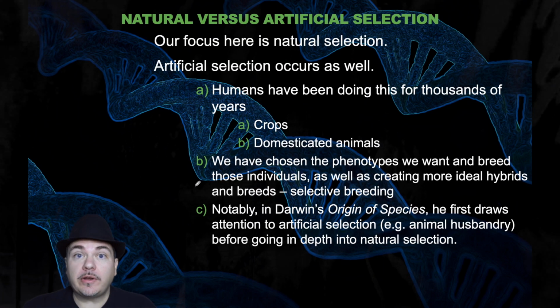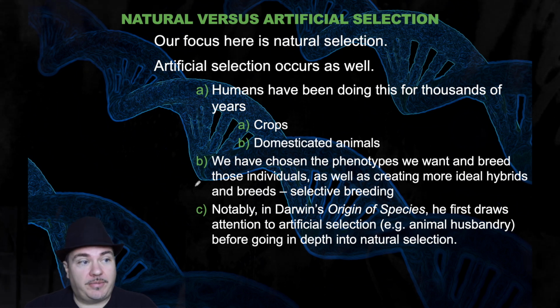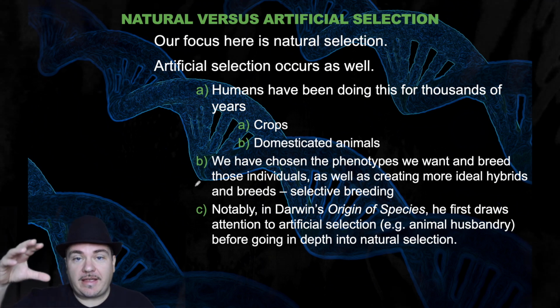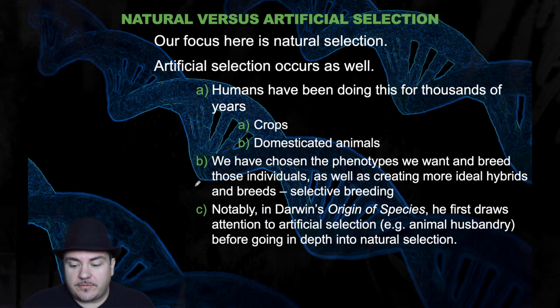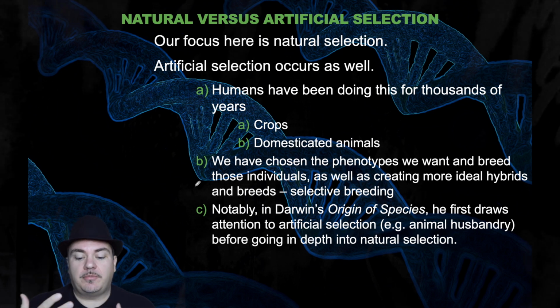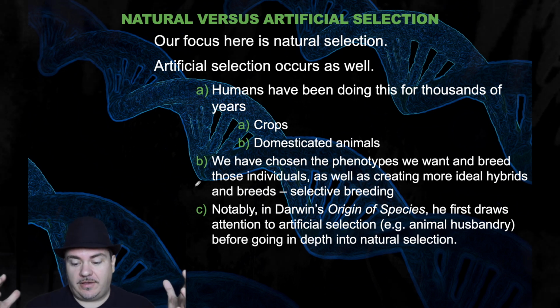Okay, so we're learning about natural selection, which is the way that evolution happens. But there's a related process called artificial selection. Okay, artificial selection is basically selection that humans have done, and we've been doing this for thousands of years. Okay, the food you eat, the crops you eat, like the banana you eat, has been adapted over time by humans. Domesticated animals have been adapted over time by humans. What happens is we choose phenotypes that we want, like, for example, a larger and larger banana, so it gives us more food, and breed those together, creating hybrids that have larger and larger bananas over time.